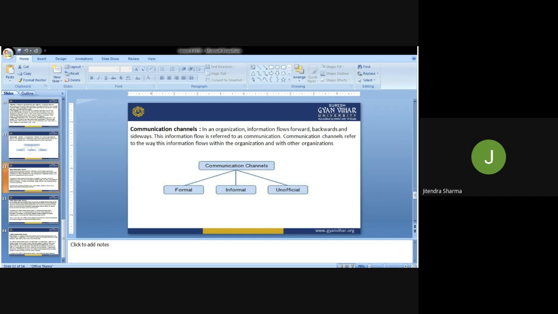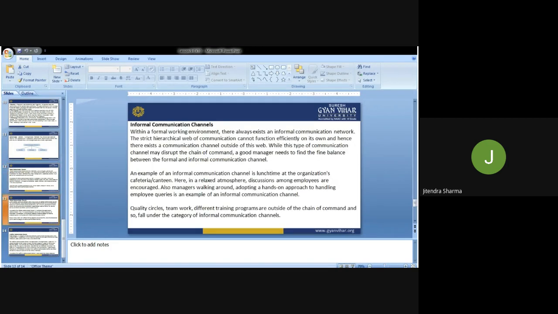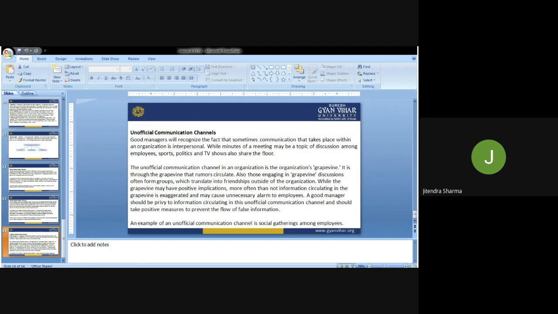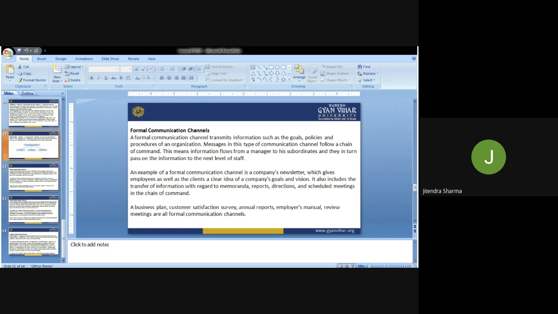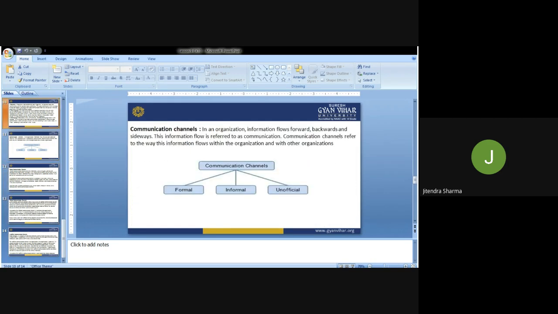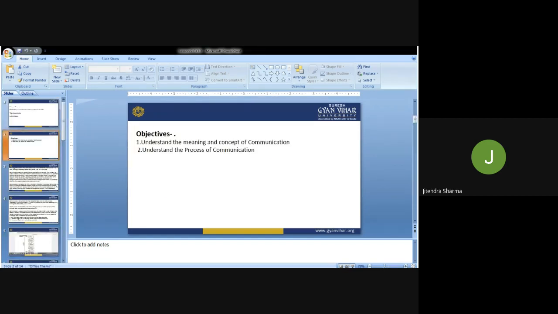So once again, the formal communication channel, then the informal communication channel, and then the unofficial communication channel. These three we have discussed. Now once again I will go to the objectives, that we understood the meaning, and now I think we have completed understanding the meaning